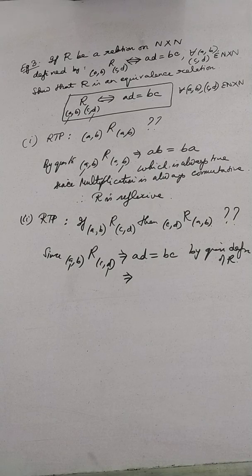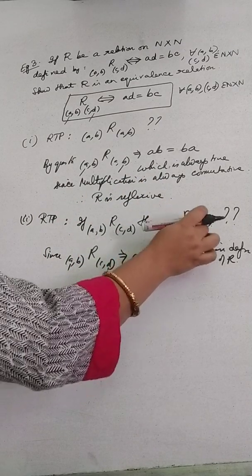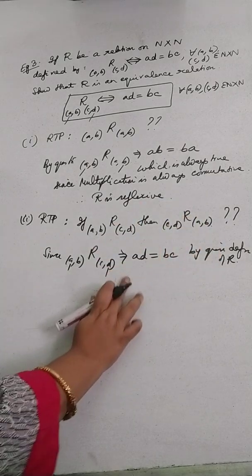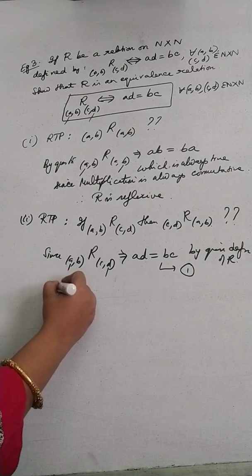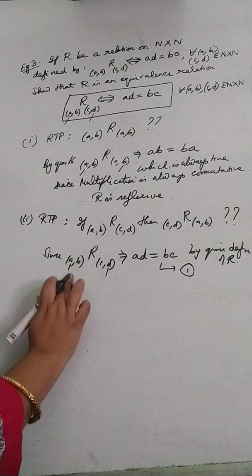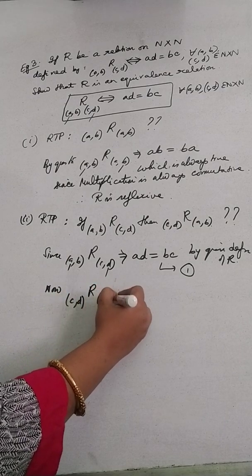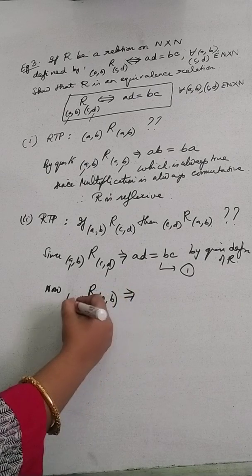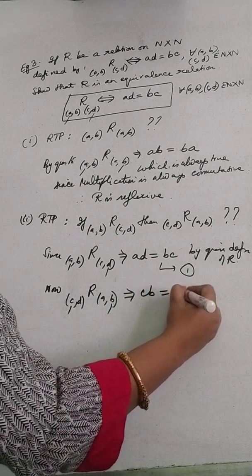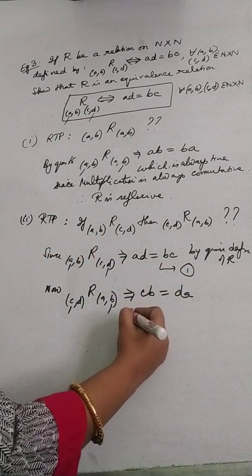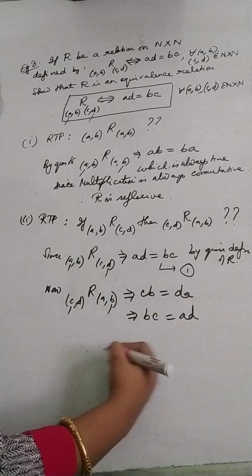What do I have to show basically? I have to show that this and this is equal to this and this. So we do one thing. One option is we can leave it like this as equation number 1. Now let us check what is happening. Now if I assume that CD is related to AB, then what should I get? Then I should get that the first component with the last component, CB, should be equal to DA. This in turn means that BC should be equal to AD,